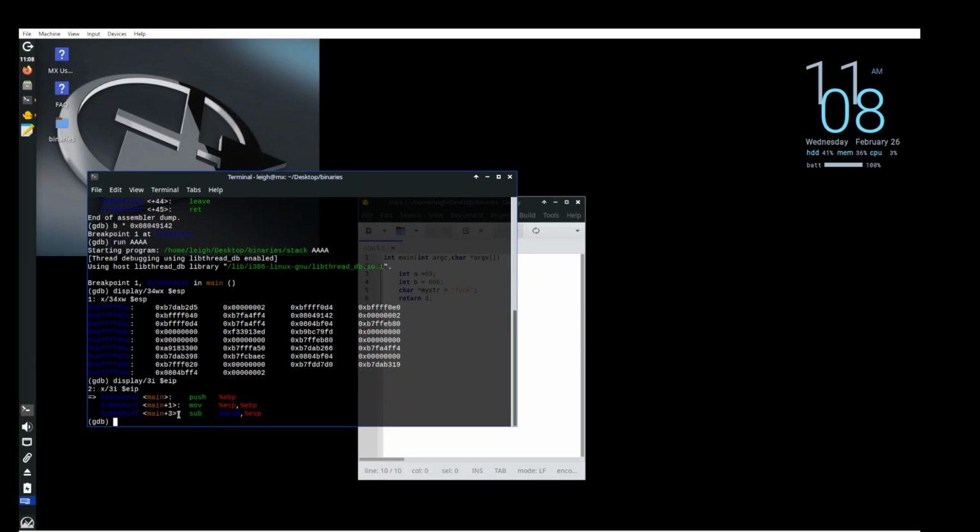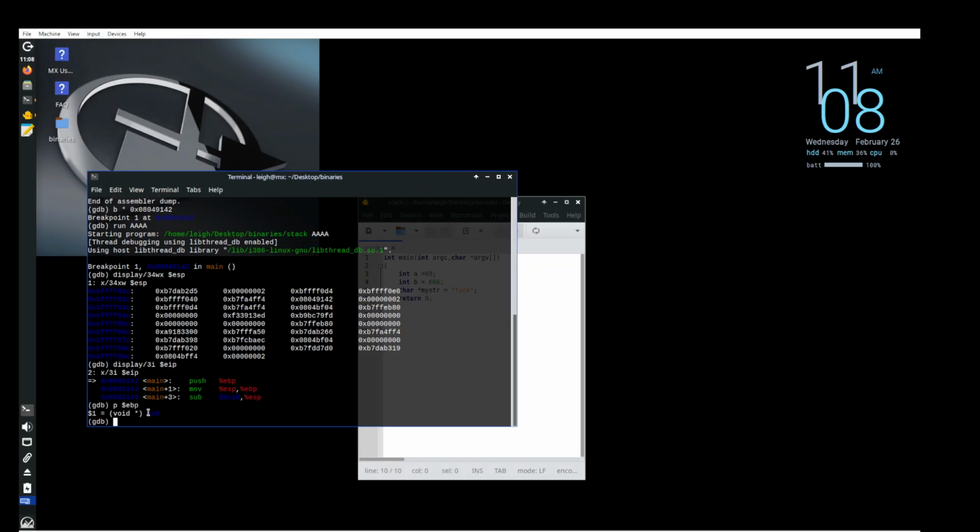And as you can see, we are at the first breakpoint here that I set at the beginning, and we're going to push the EBP onto the stack. So if I do print EBP right now to see where it is, as you can see, void 00. The EBP doesn't even exist. So there's nothing in this memory right now on this stack. So if I hit NI for next instruction,